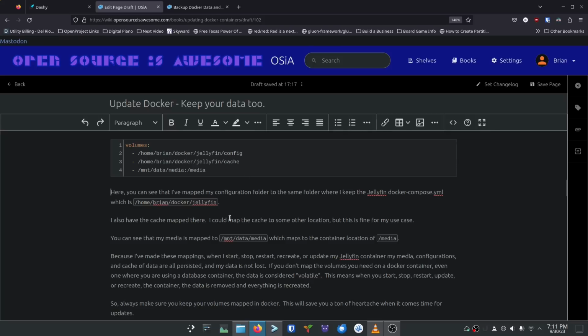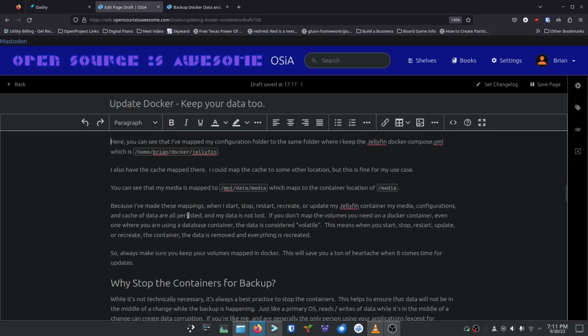So there's some really, really great things about mapping those data volumes and mapping those Docker volumes. When I do my videos, I try to show you what volumes you should be mapping for that application. I try to be really clear that you want to map those volumes and set them up. I try to show you how to set them up so that you have that backup structure like I show